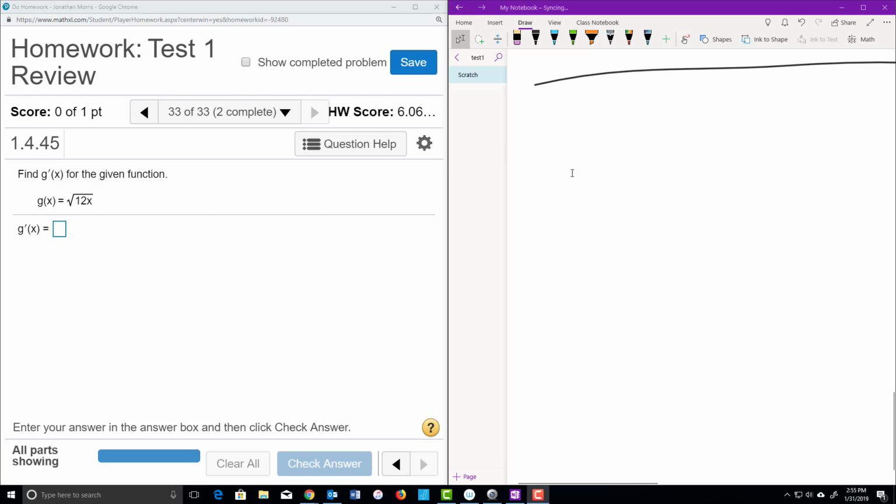So g prime of x will be given to us by finding the limit as h approaches 0, in this case of g of x plus h minus g of